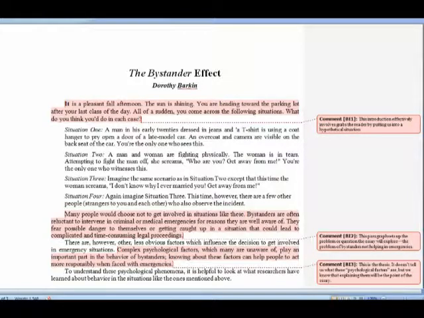I'm going to take a look at this and see what we can learn from it as writers, because in order to read like a writer, we need to always be looking for examples that we can glean and information that we can glean from the writing style and how it's presented.